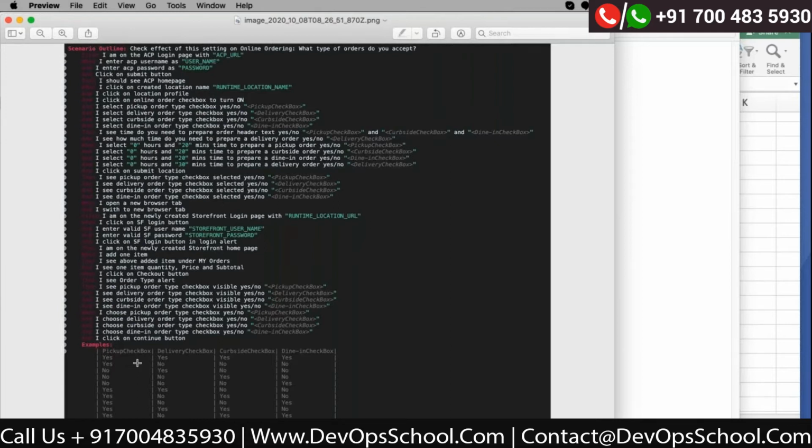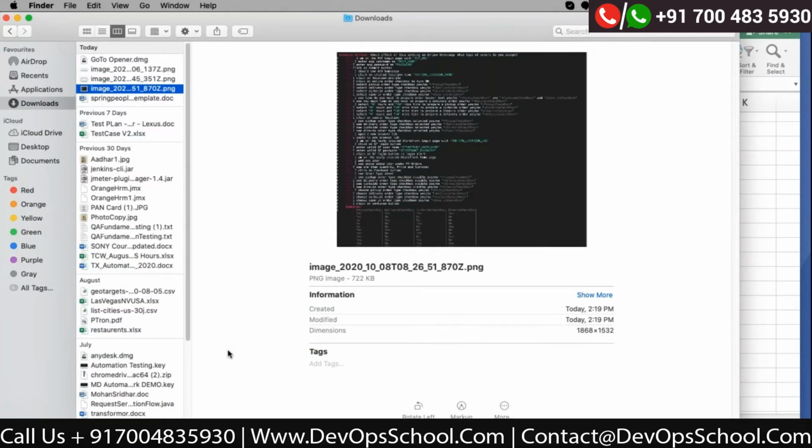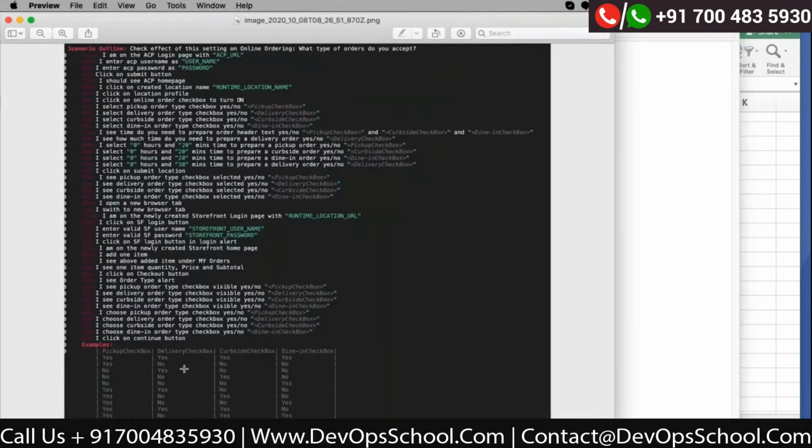We have checkboxes, right? So I mean toggle on and off. And earlier this was a checkbox. The UI has been upgraded to the latest UI where it is an on-off toggle. But earlier it was a checkbox. Okay, so that is the reason it has been written.